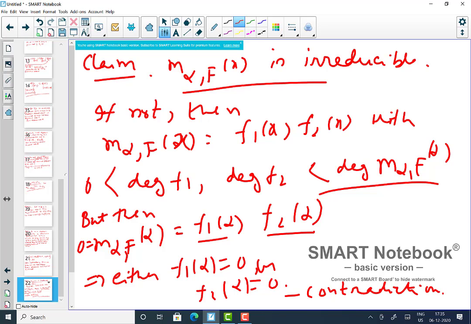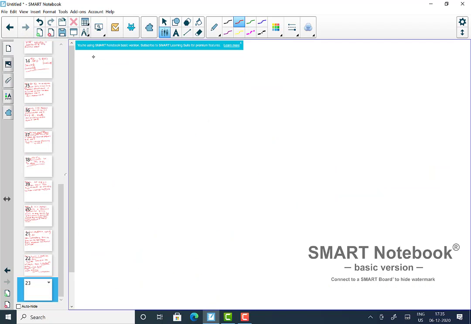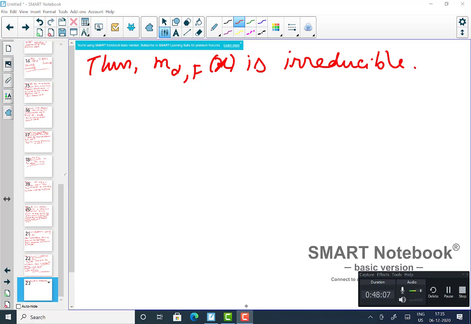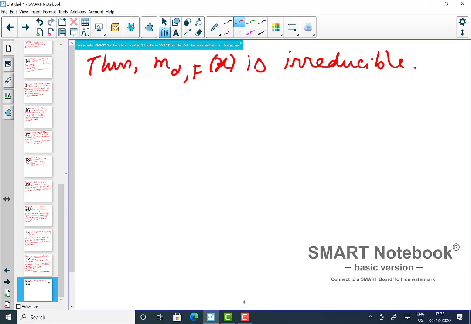So what does that mean? That means m_alpha,f is irreducible also. So thus m_alpha,f(x) is irreducible. Okay, so we just showed that this minimal polynomial exists,